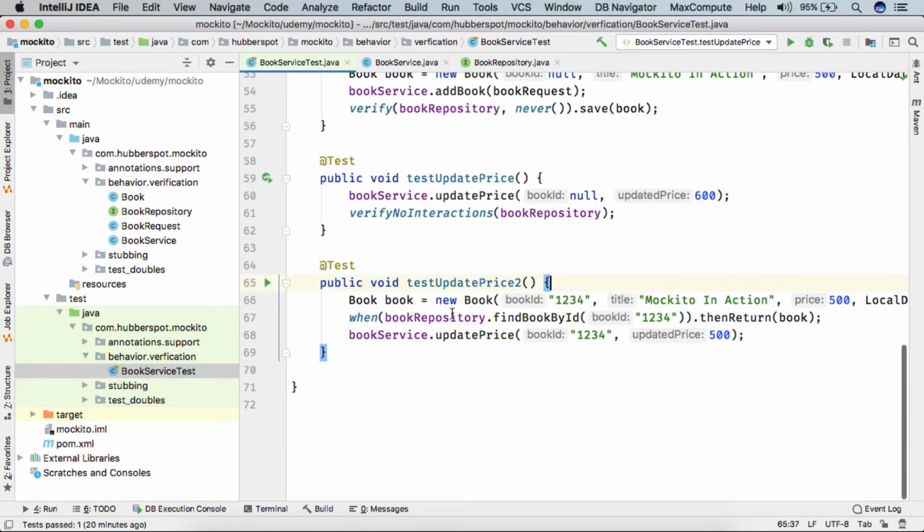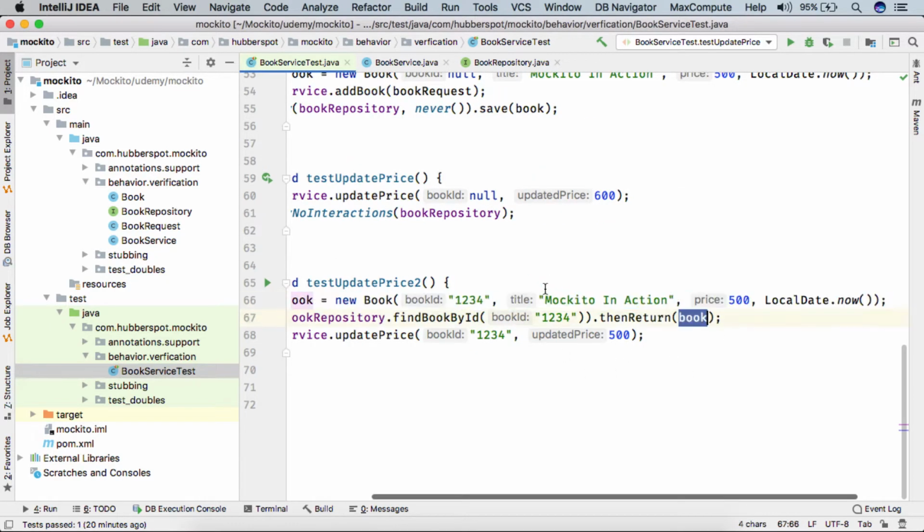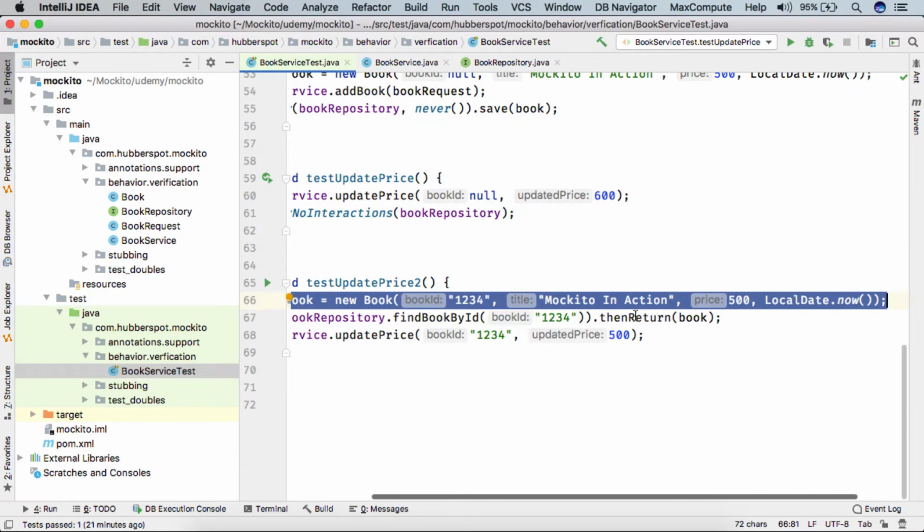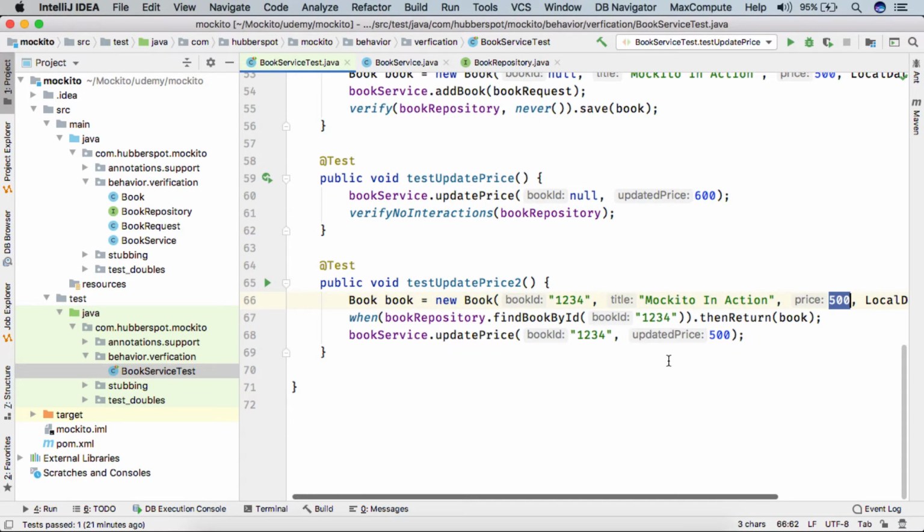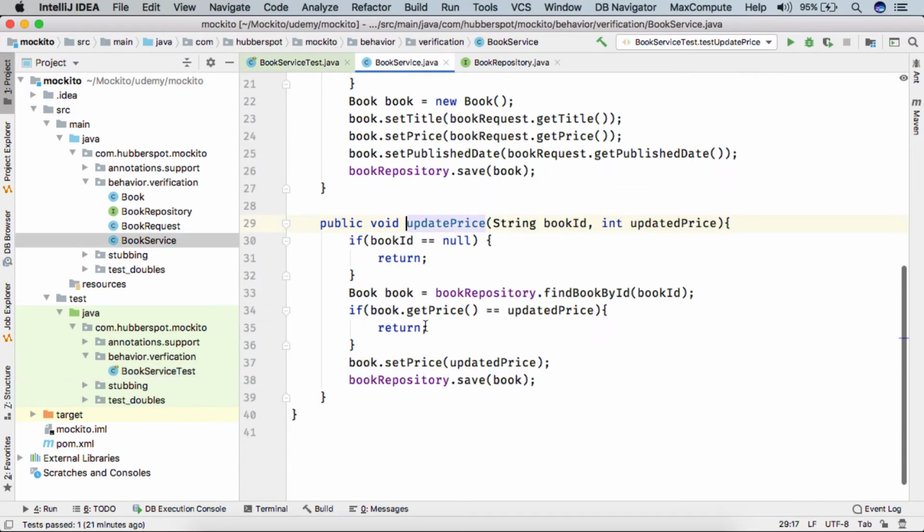So friends, here we have stubbed the findBookById method, that when book ID is 1, 2, 3, 4, then return this book whose price is 500, and we want to update this book with the price as 500.